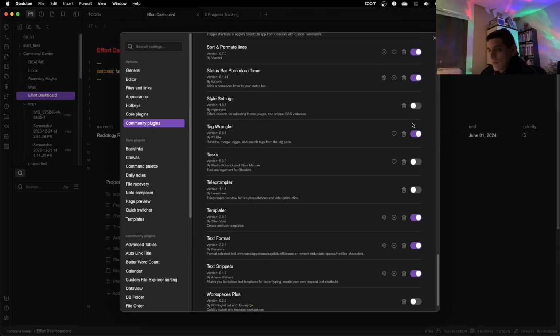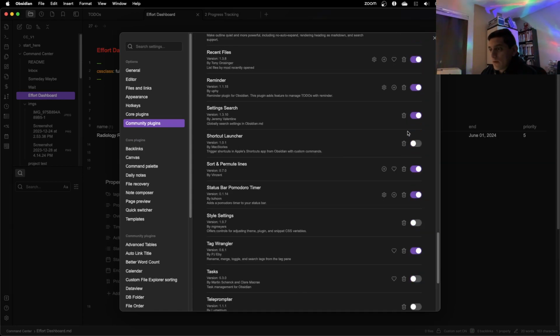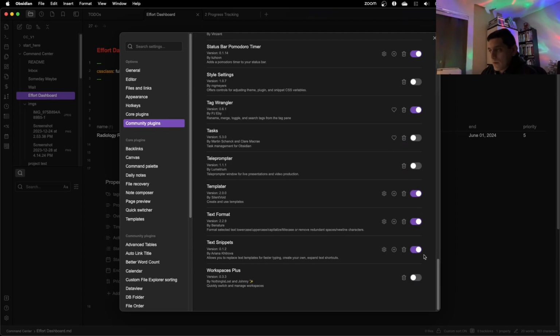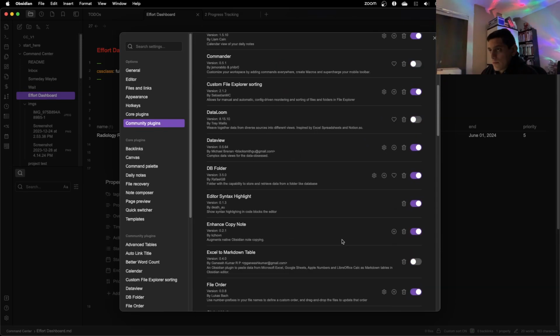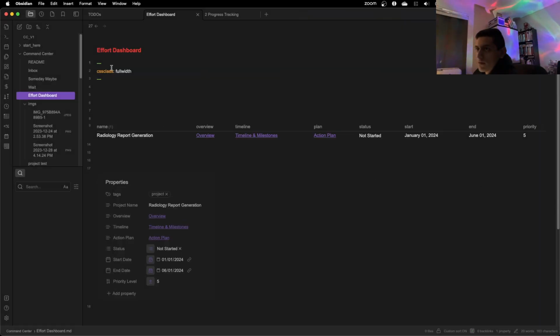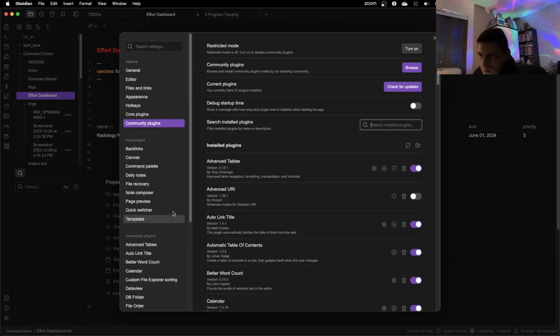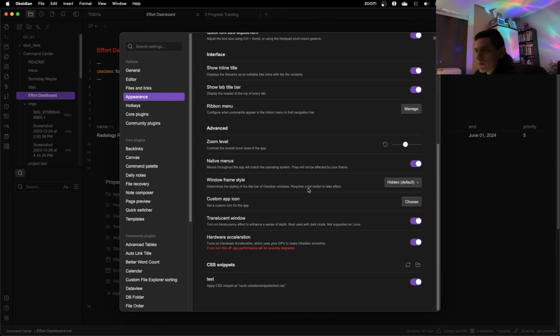And let's disable which one was it? Minimal, was it? We're all effort dashboard. That's red, but I don't know if. Oh, there's an appearance.